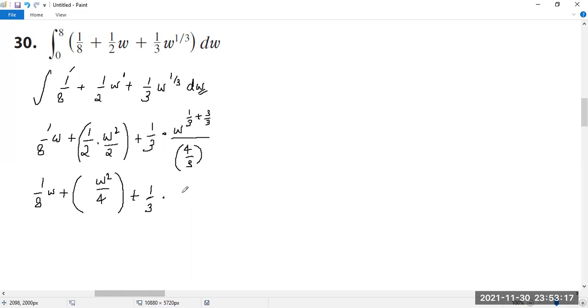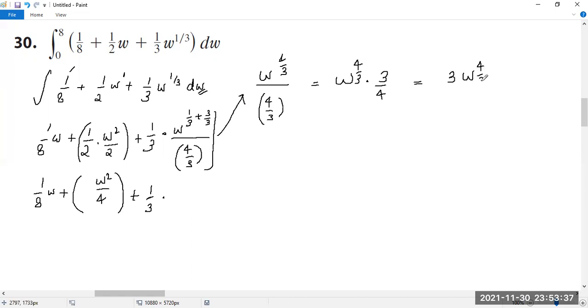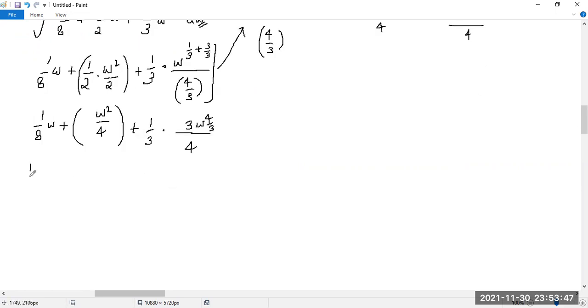So what do we have, right? What is this component here? So we have w to the 4 over 3 over 4 over 3. So we take our w to the 4 over 3 and then we multiply it by the reverse, which is 3 over 4, which essentially gets us 3w to the 4 over 3 over 4. So we have 3w to the 4 over 3 over 4. And so we have 1 over 8 w plus w squared over 4 plus